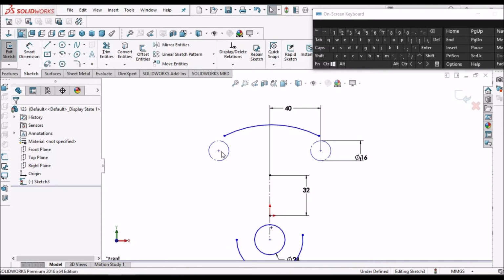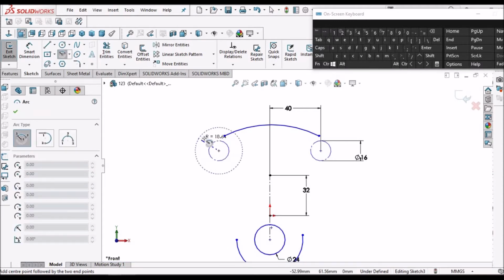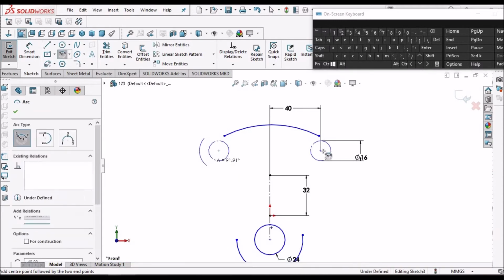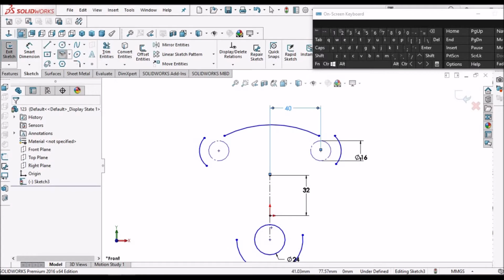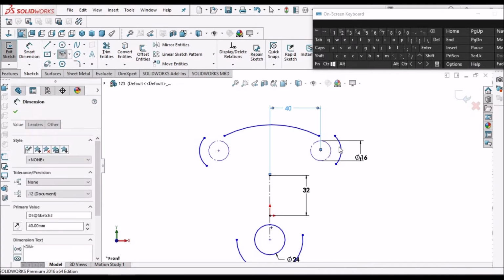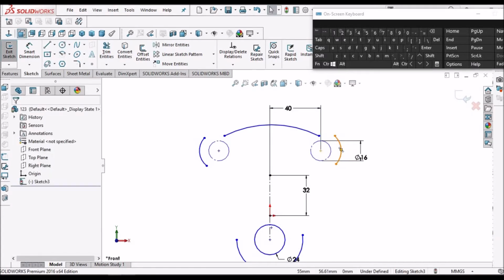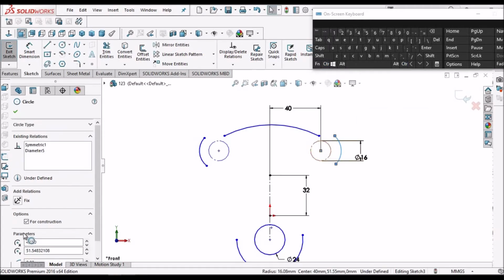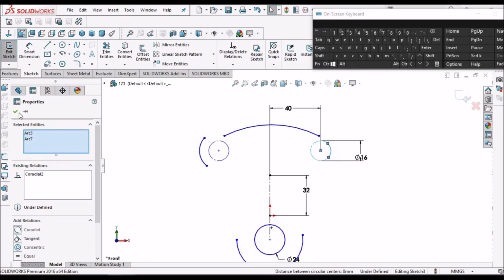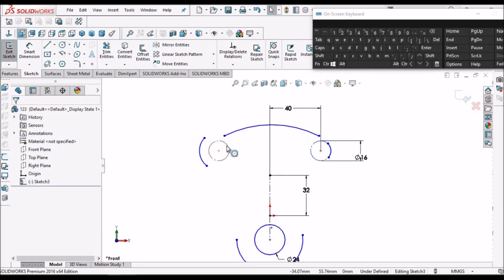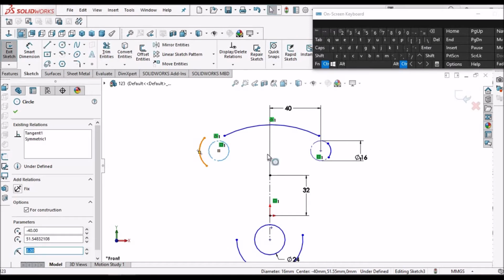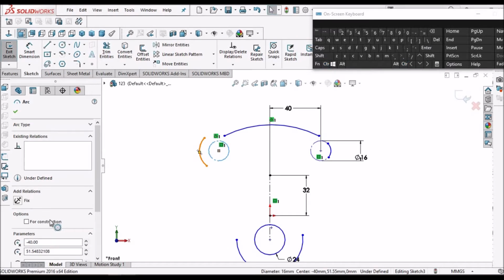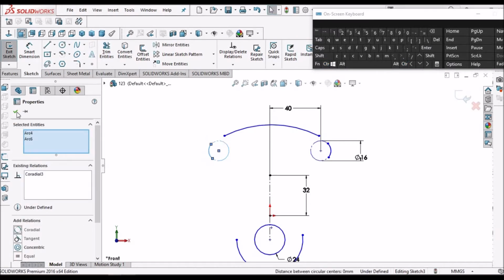Take center point arc, place two circles, and select this arc and circle, make it co-radial. Select this and this, make it co-radial. Say OK.